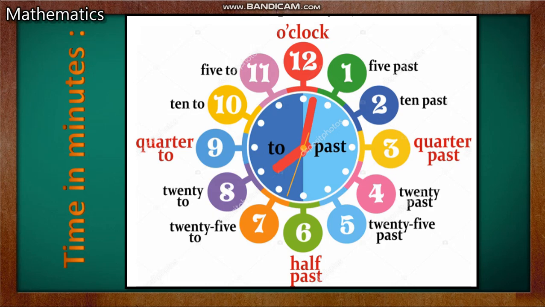7 is, then you have to subtract, that is 25 to. Listen to that, 25 to. 8 means 20 to. Study that. 9 means quarter to, that I explained. 10 means